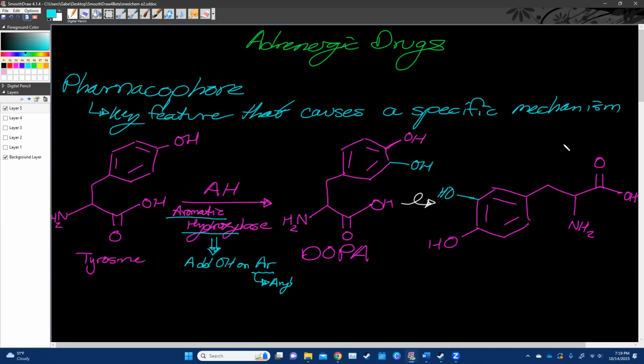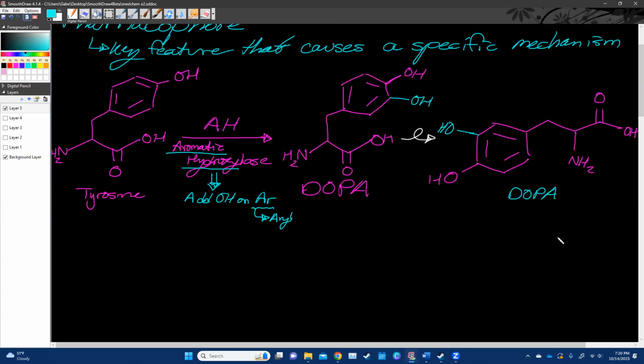There we go. Perfect. So this is the same structure. This is still DOPA. We just look at these generally in the more horizontal format. This then goes through the enzyme